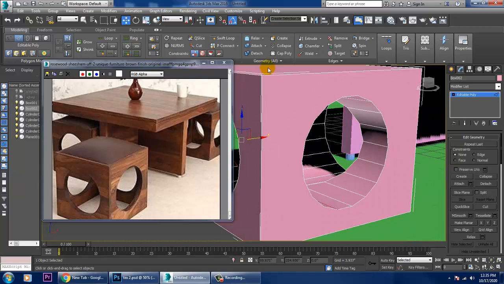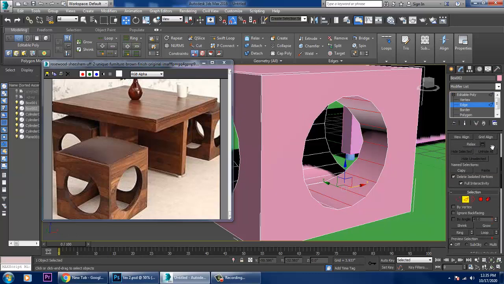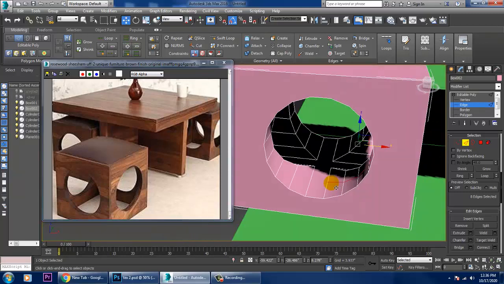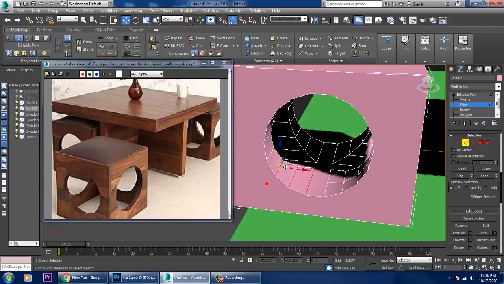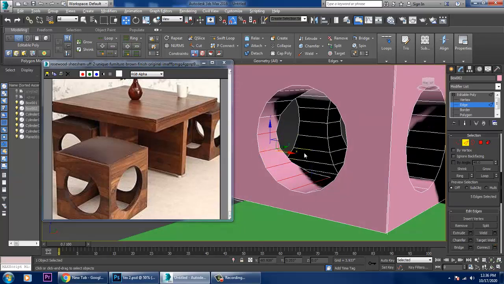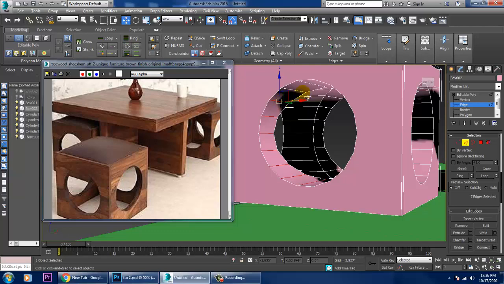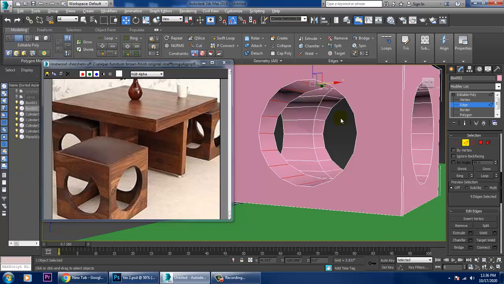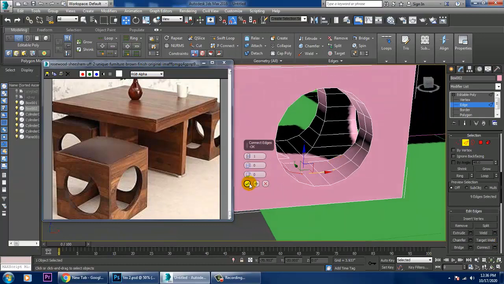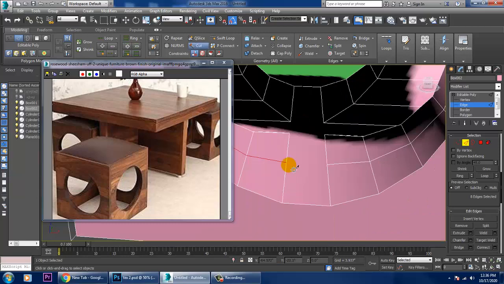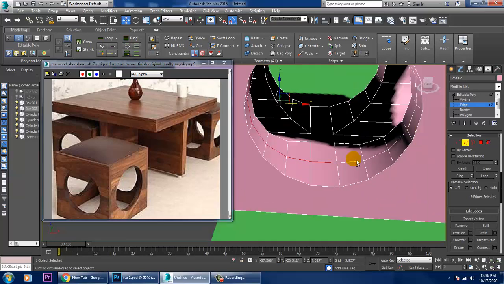We don't need this, so we can just ring it and give one connect to it. Select this, ring it, give one connect, click OK, right click, and just use a cut option.